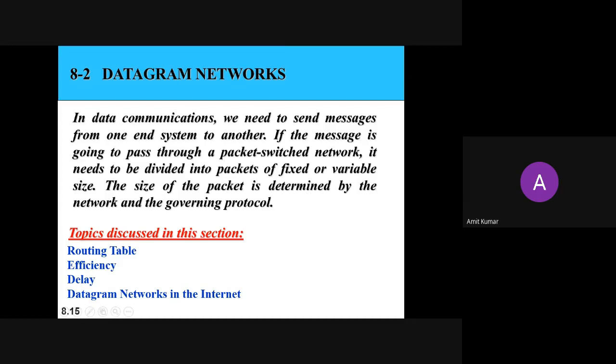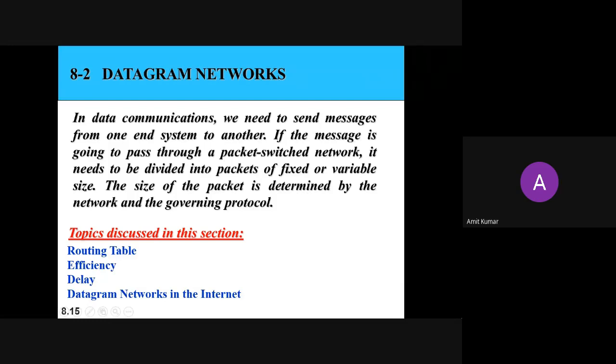First we will see what we are not doing here, and then we move to the next thing. This is a type of packet switching. Here we are not having a resource allocation for a packet. Every packet will be routed from a different path. We will not have a particular path for the message.